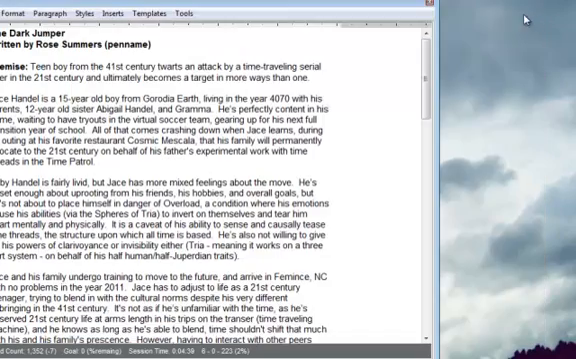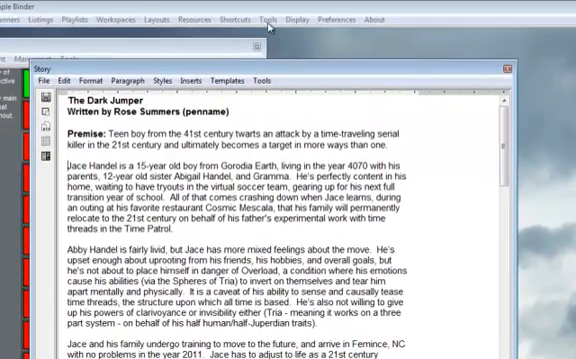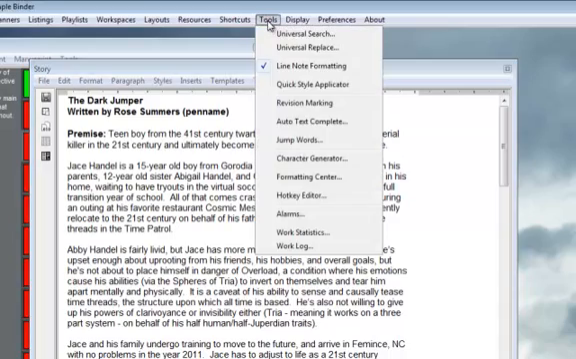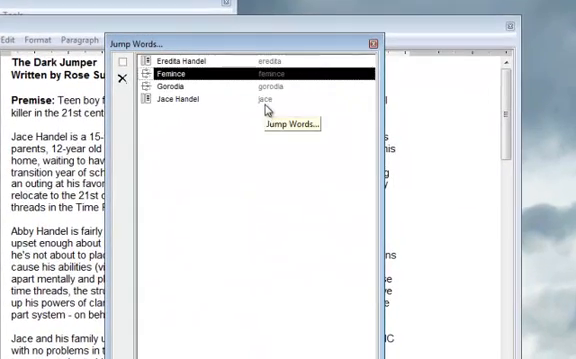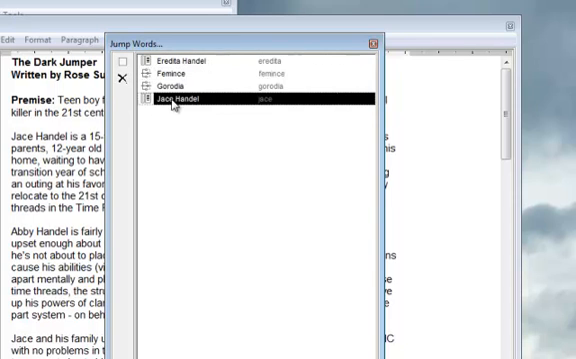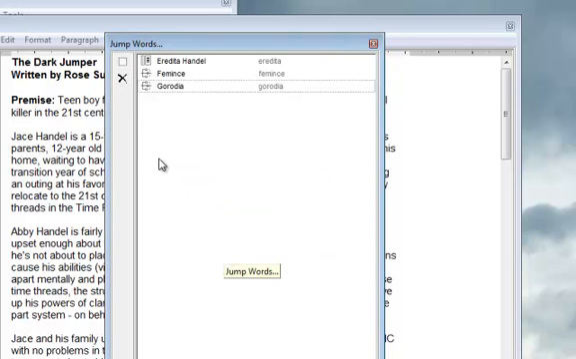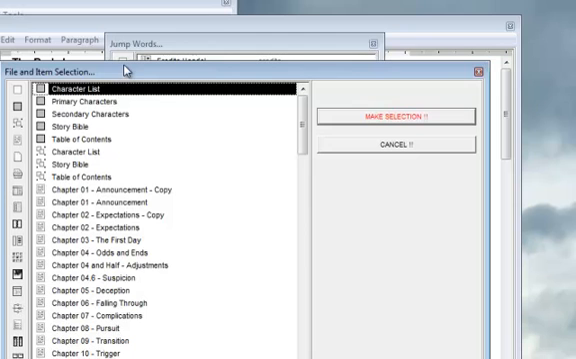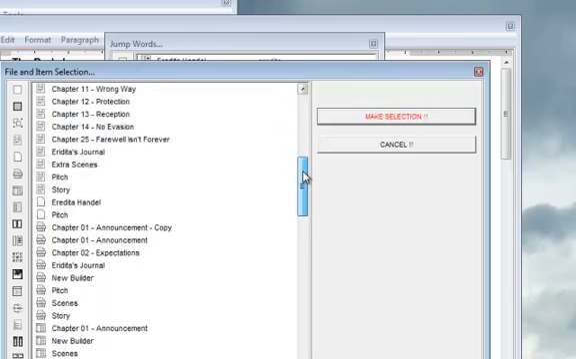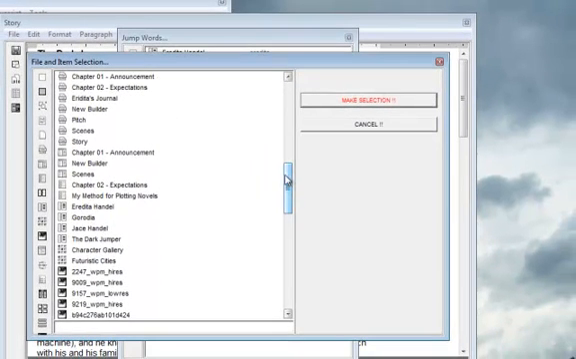So the first thing that you want to do is you can go to the Tools part of the program, Jump Words. As you can see here, I have different particular files that I have created links with jump words in. So to show you how to do that, I'm going to go ahead and delete this. You could create a new jump word via the new item, and basically I want to go through all of my files here and try to find my